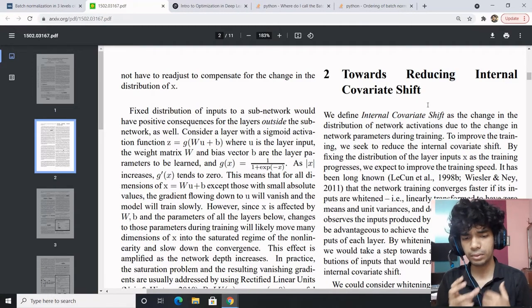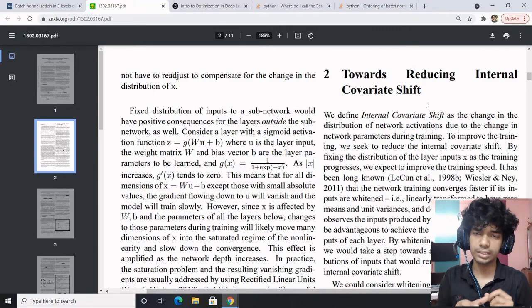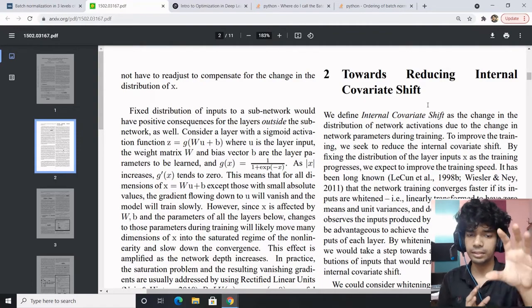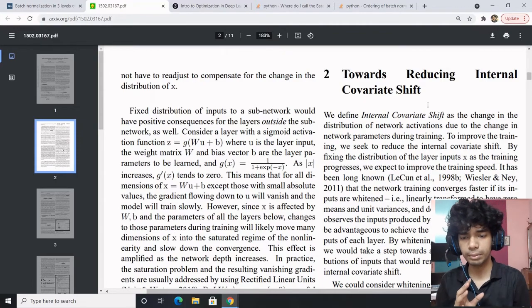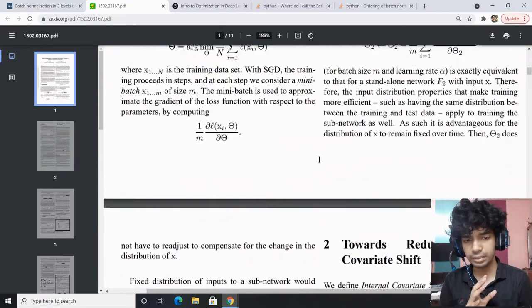The paper talks about when you are training the network. For one batch, you have one kind of data. If the data distribution changes, it causes a drastic change in the weights of the layers. Added to it, there is an inter-layer dependency between layers. So this original paper talks about the internal covariance shift.